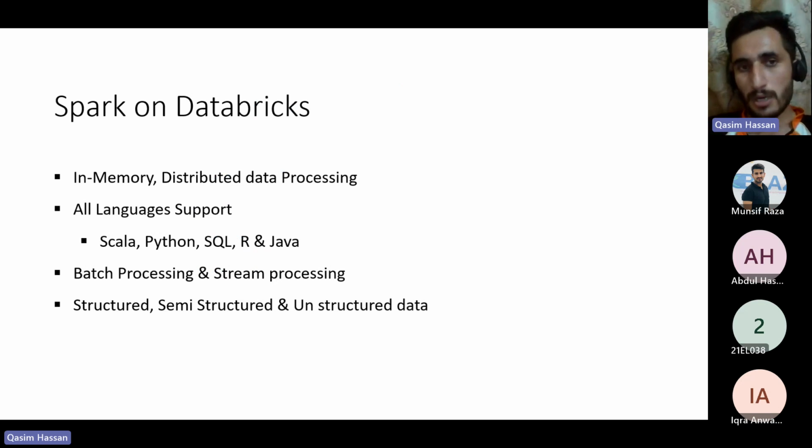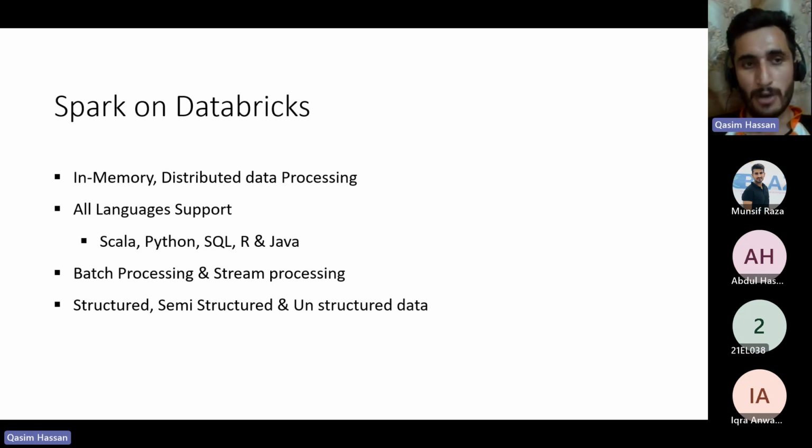If I talk about Spark on Databricks, because initially I had told that Databricks was officially founded by the Spark creators, what benefits do we get if we use Spark on Databricks? Spark gives us some of the traditional benefits. If you know about Spark, you know that it uses in-memory computation, which makes it different from Hadoop. Apart from that, it also inherited the property of Hadoop, which is distributed data processing. Also, if you are using Spark on Databricks, you can use different languages, not all languages, but you can leverage languages like Scala, Python, SQL,